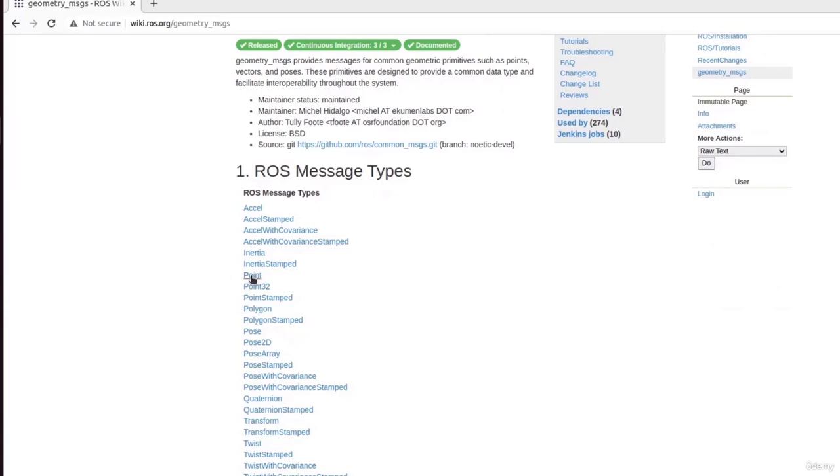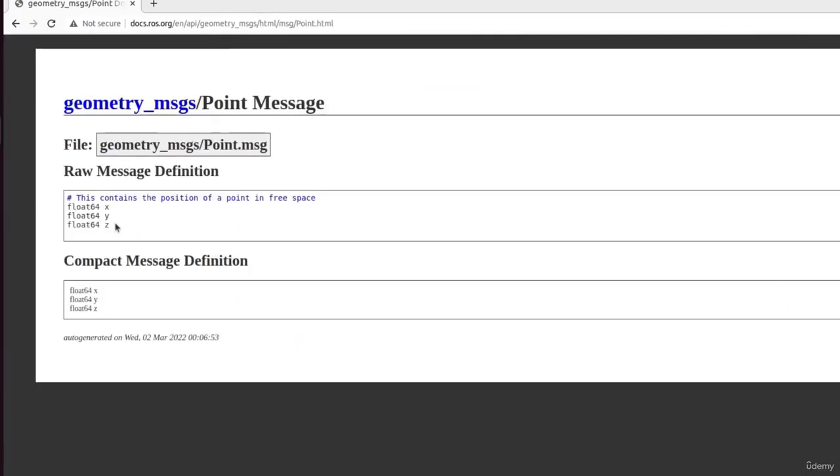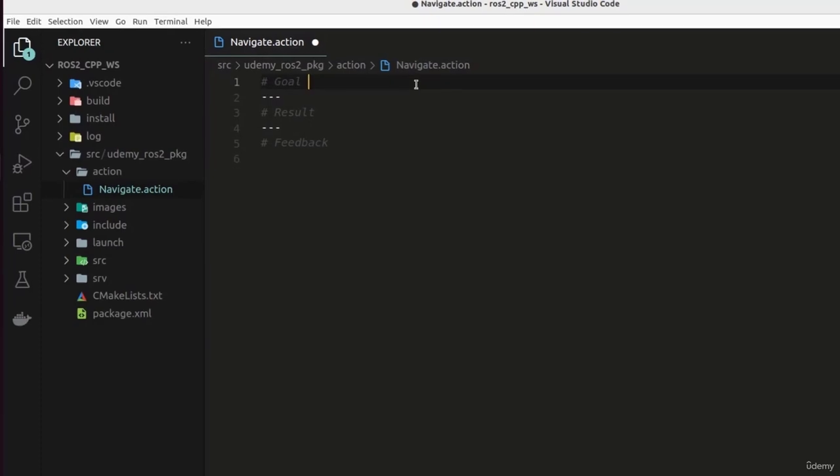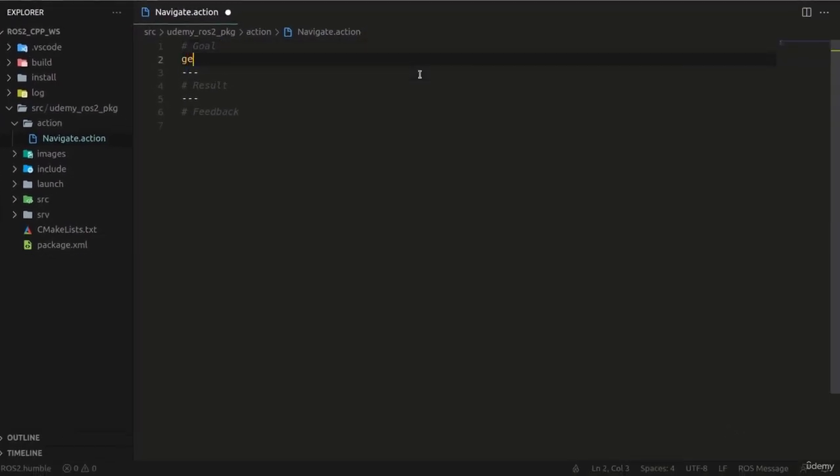And so here we actually see a point ROS message type, and if I go and click on it, we can see it contains 3 attributes in X, Y, and Z, just like what we were looking for our navigate action. So it makes sense to utilize this already created message type instead of creating our own. To include this in my action file, I can simply type geometry_msgs/Point, then I will name this attribute